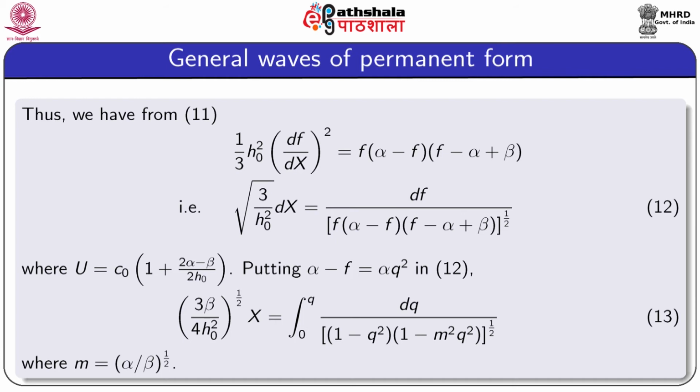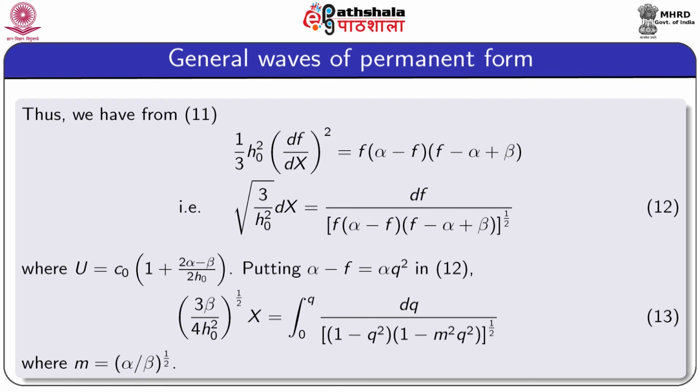Now, to find the value of this integral, we put alpha minus f as alpha into q square. Now, we are changing the variable from f to the variable q. With this substitution, the integral on the right hand side becomes dq by 1 minus q square into 1 minus m square q square whole to the power half, where m is equal to alpha by beta to the power half,